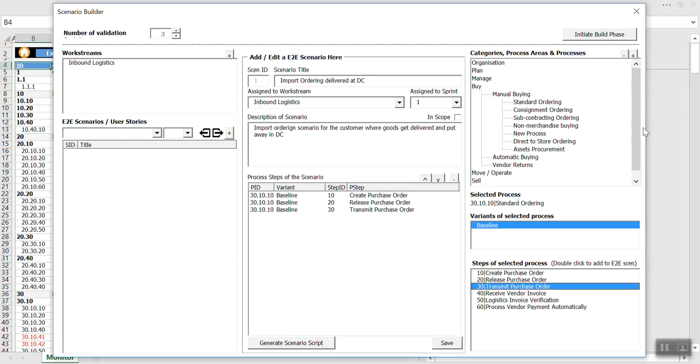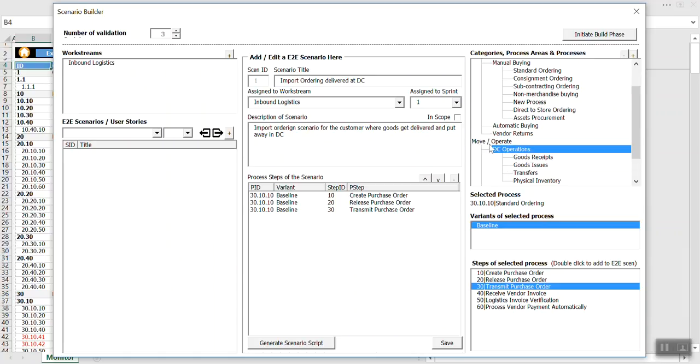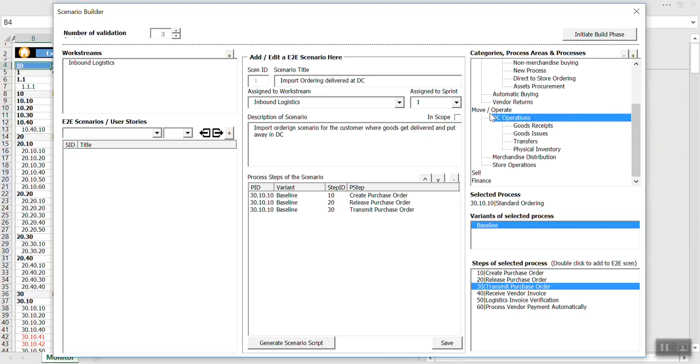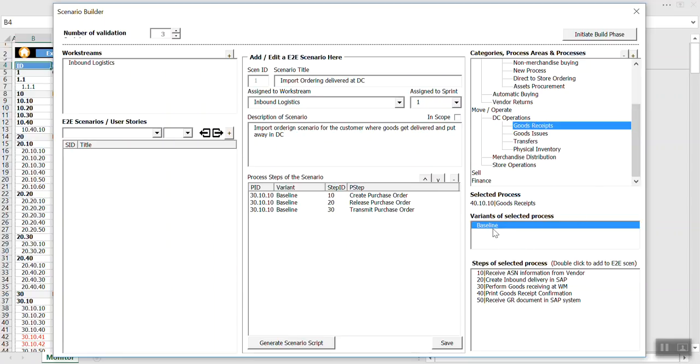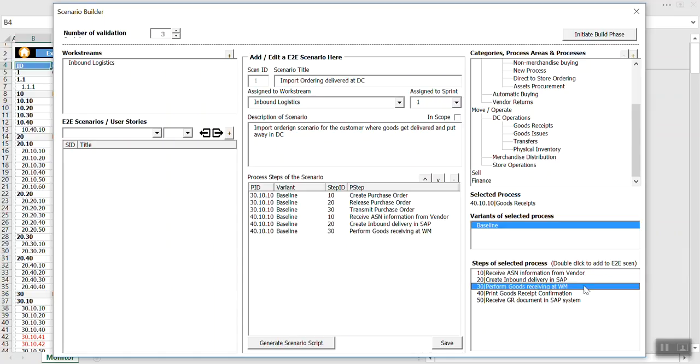Post that, I need to receive the goods. The receive goods processes are under a different process area called move DC operations goods receipts, where I had added some process steps: receive ASN information from the vendor, then create an inbound delivery document, perform the goods receipt,